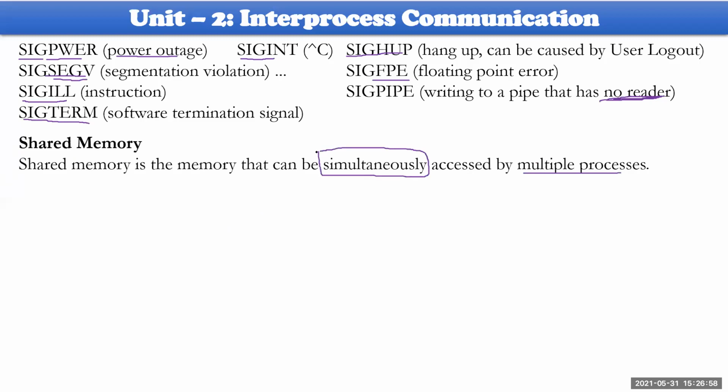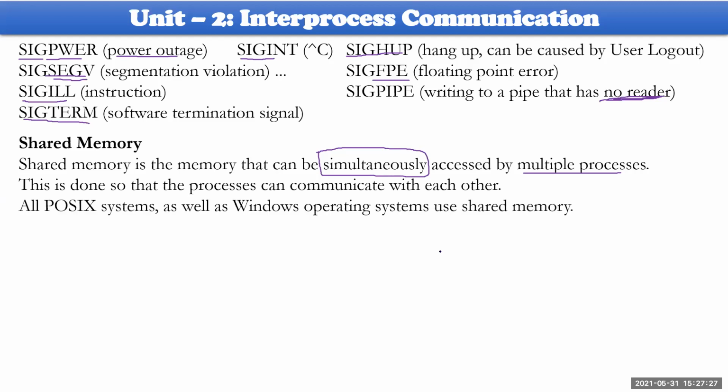Of course, you can call it simultaneously or concurrently; they are interchangeable words while talking about parallel programming or concurrent programming. They're the same word, same meaning. So when two or more processes are communicating with each other, some temporary local variables will be there. They are supposed to store their values in a shared memory area. So something like this. This approach is used by all POSIX operating systems, including the Windows